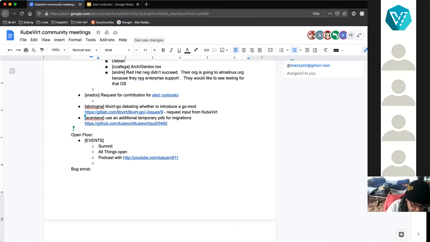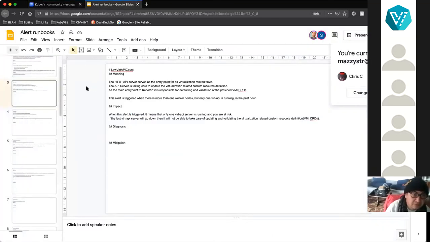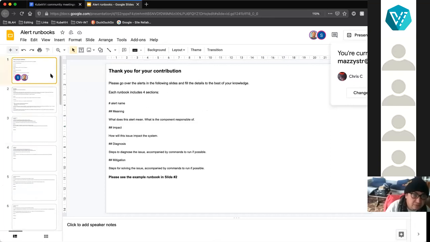But this alert runbooks, I saw that there was just a presentation up. There was a GitHub repository for this as well, right? Maybe you just said that, yes. But do we have a link for that? Yes, I can add the link to that. It's in the email thread that I sent out today, but I can add it here as well, of course. Excellent.